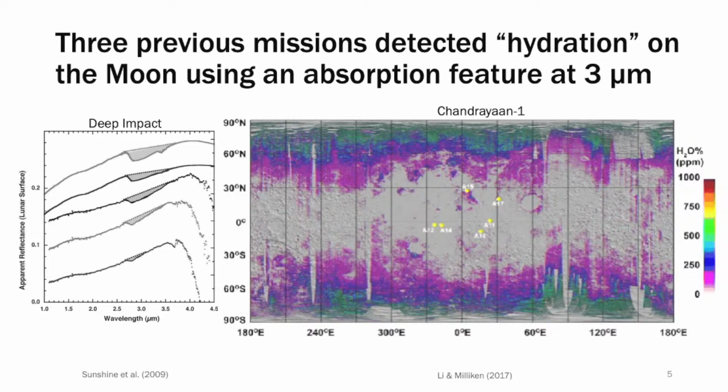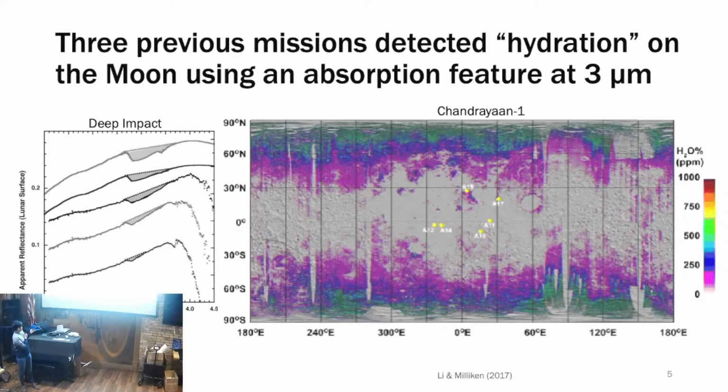See, there's a dip here. That is where something is absorbing, and so we don't get that light, it's re-emitting somewhere else. And so this feature here is that the wavelength is 3 microns, and that is indicative of some sort of hydration. Chandrayaan plotted, they mapped the moon for the strength of this feature,